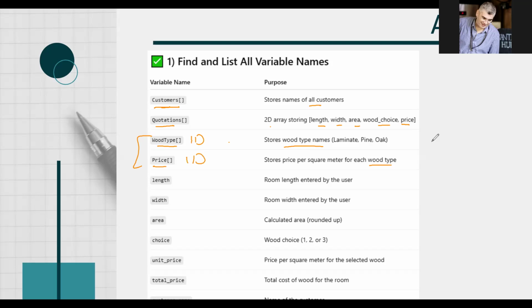So it will be just, I will show it to you in the next slide. So we have length, width, area. You see here, we have those length, width, area, wood choice, and price. So this is the choice for the wood, and this is length, width, area, unit price, and total price. If we list all these variables, that will help us a lot, especially if we would like to print